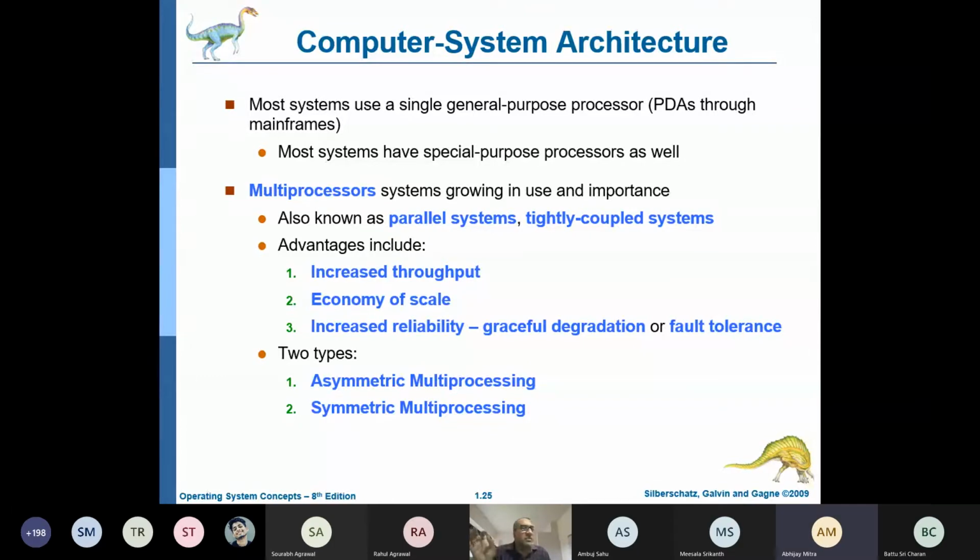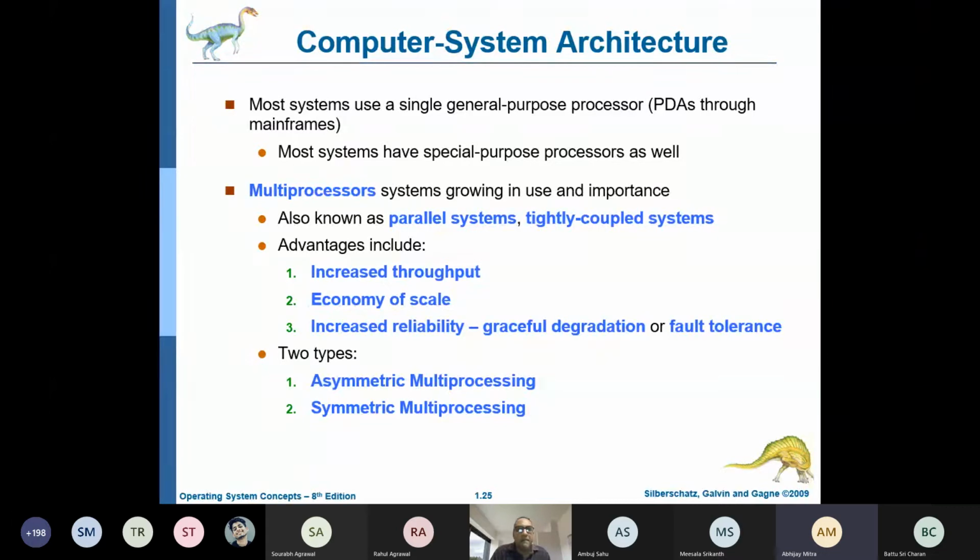What I'm saying is that throughput is more, meaning the number of jobs that will be done with respect to a single processor will be more. That's the enhanced throughput. Whatever you mentioned is exactly true. When you give the job to multiple processes, there should be coordination and communication among the processes. Sometimes a processor needs to wait for the output of some other process, and some synchronization has to be done. All these things will be there, but even then, in spite of that, you can have the performance improvement, and it will be much cheaper compared to having multiple systems and connectivity. So all those complexities you mentioned were there.